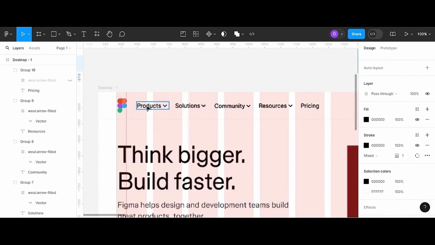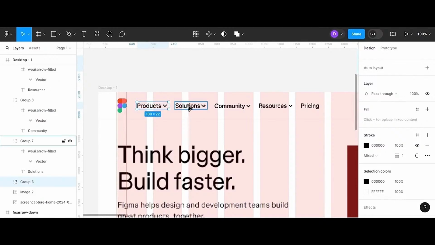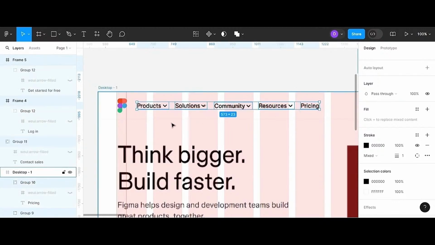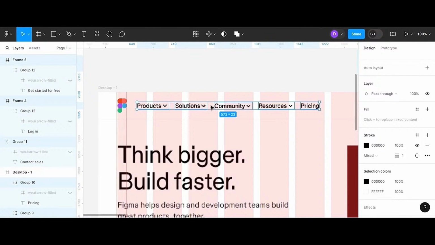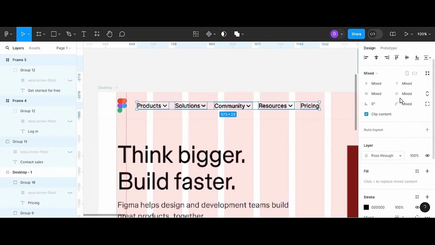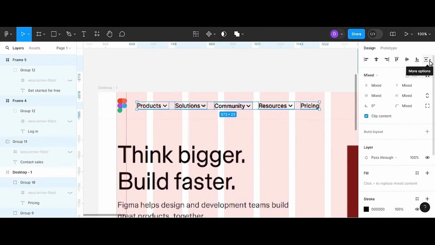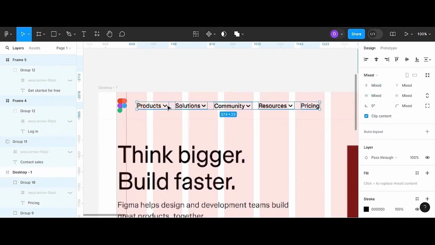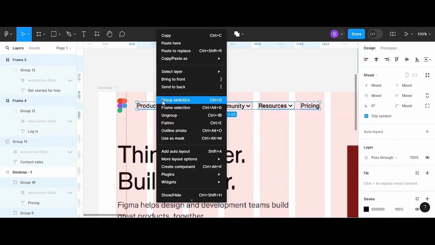I'm going to hold down shift, select this first menu, select the second one, select the third item, the fourth one, and the fifth one. And I want to make sure the spacing between these items are the same. I'm going to go to the top, I'll click on this option that says more option, and I'm going to use distribute horizontal spacing. Now I know that the spacing here, here, here, and here are all the same,